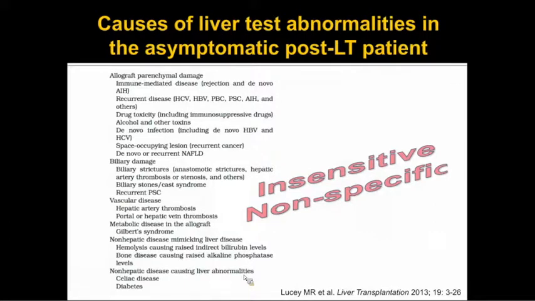So again, going back to the need for biopsy, there is significant data, which I'm not going to go through in detail, which tells us that abnormal liver tests in a post-transplant patient are neither sensitive nor specific for a diagnosis of either acute or chronic rejection. And as all of you are aware, there's a broad differential diagnosis in these patients, including recurrent hepatic disease, biliary damage, vascular issues, as well as other infectious causes, only some of which can be ruled out through other means such as imaging. So there is really an important reliance on pathology for making these diagnoses.